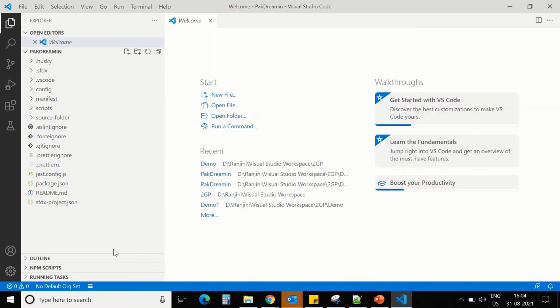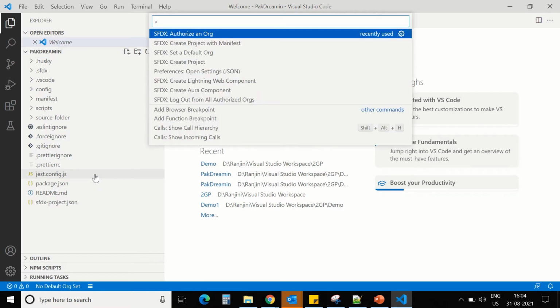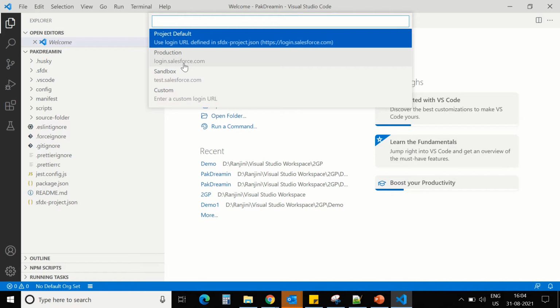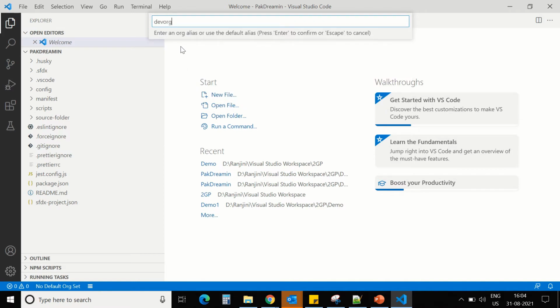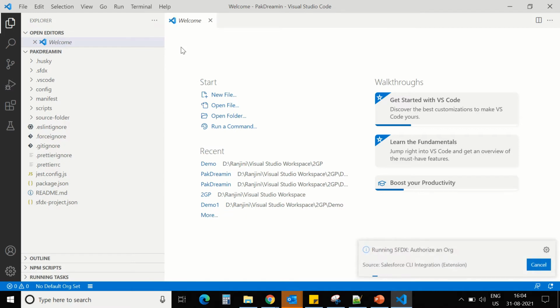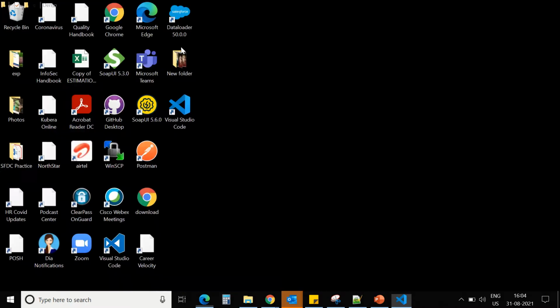Now let's authorize our developer org. Before that, move to the ParkDreamin folder where we have the ParkDreamin project. Then let's authorize our development org. For demo purposes, I am using the namespace org itself.